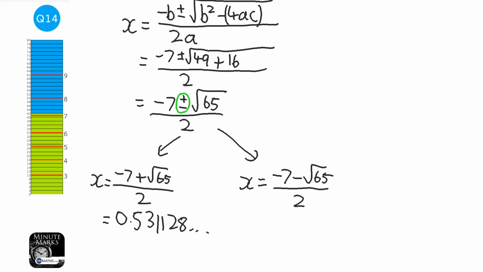0.531128 and so on. And then what you can do on the Casio calculators is use the cursor button, which is the big blue round one, to move across. Go to that plus, delete it, and change it for a minus. It saves you having to write the whole thing out again. And if yours comes up as a fraction or something, just press the S to D button. It converts it. That's minus